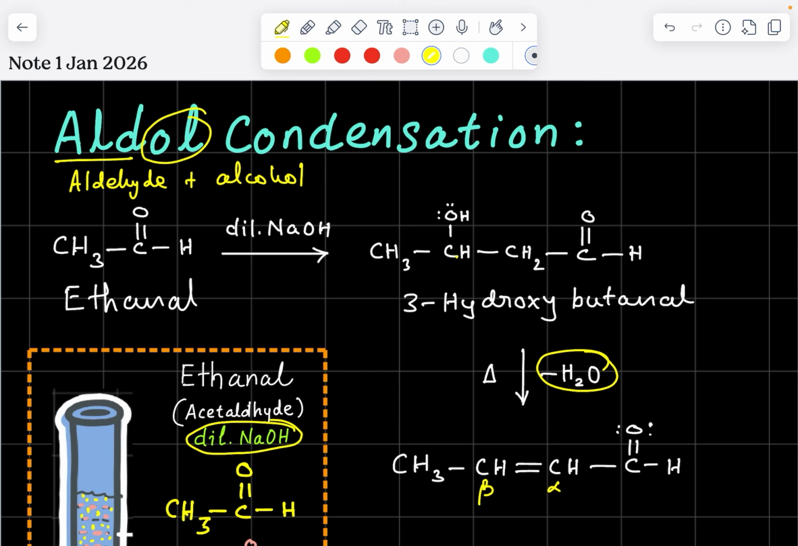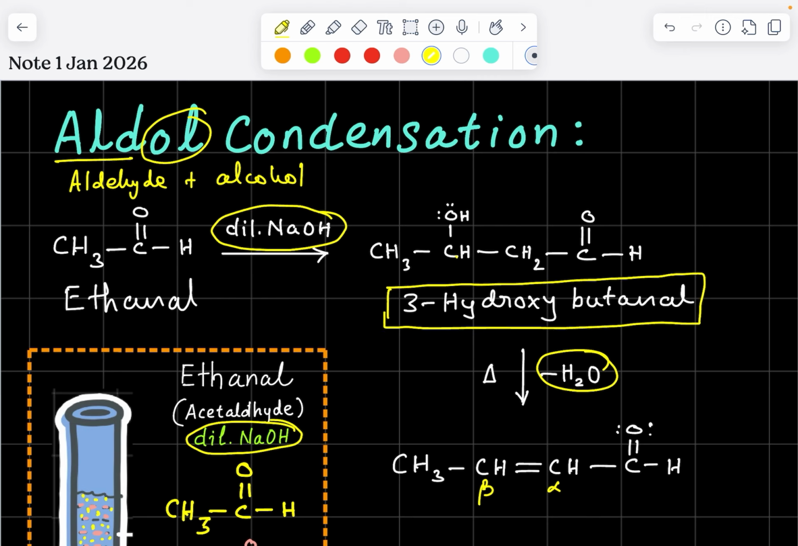For example, I take the ethanal, and I treat it with dilute NaOH base. The first product I get is the beta hydroxy carbonyl compound. So if you treat ethanal with dilute NaOH, you will get 3-hydroxybutanal, or beta hydroxybutanal. Now if I allow the heating process, if I do it under heating condition, now